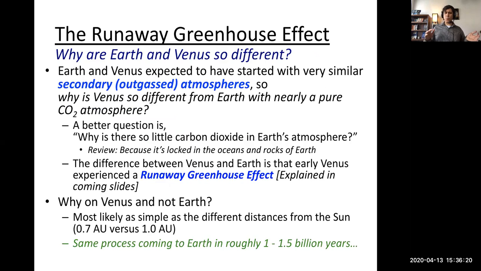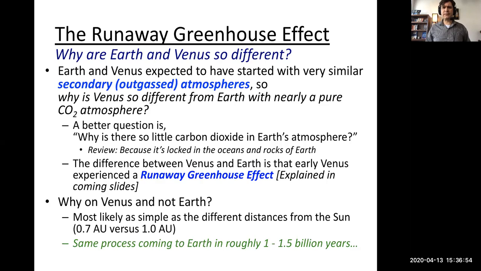Now, why is Venus's atmosphere so different than ours? If we are sister planets, twin planets, why are we so different? And perhaps the question isn't what's weird about Venus's atmosphere? Perhaps the real question is what's weird about Earth's atmosphere? What happened with Earth's atmosphere that didn't happen with Venus? Or what effect happens on planets that will eventually happen on Earth, giving us a very Venus-like atmosphere?